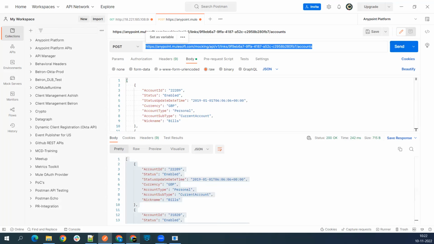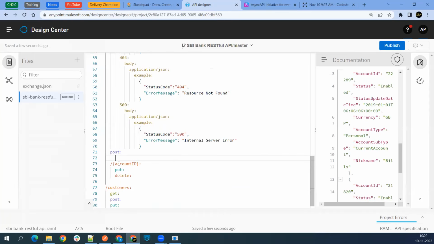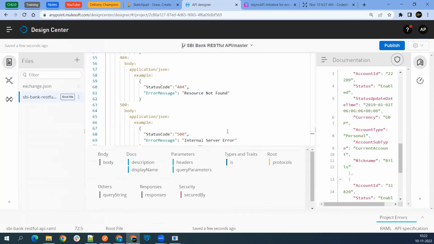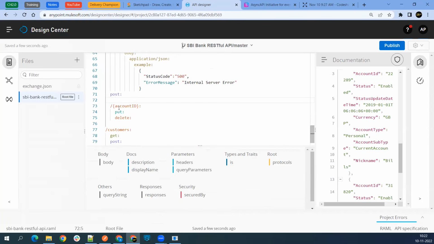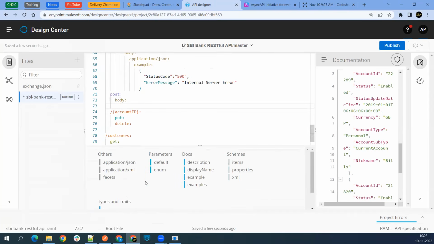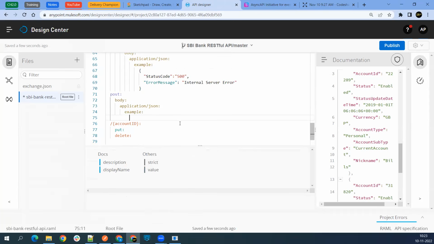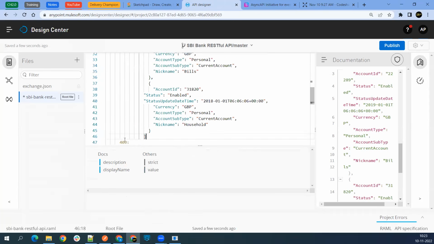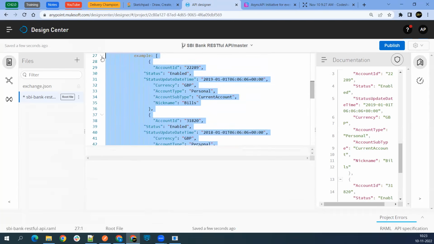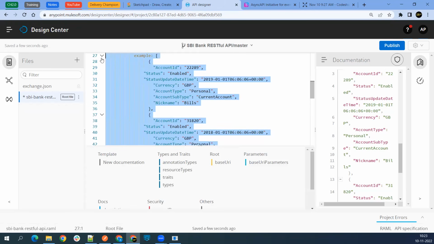Now let's go ahead to our editor. First you need to tell what your body will be. Now if I go to my shell, see here, it's properly telling me, if this is my cursor position, what we can have here. We can have query parameters, protocols, but it will be a body. What kind of body? JSON. Now what is the body? I'll go ahead and say example. Under the example we'll be pasting this same thing. Let me just copy it from here. Control C,